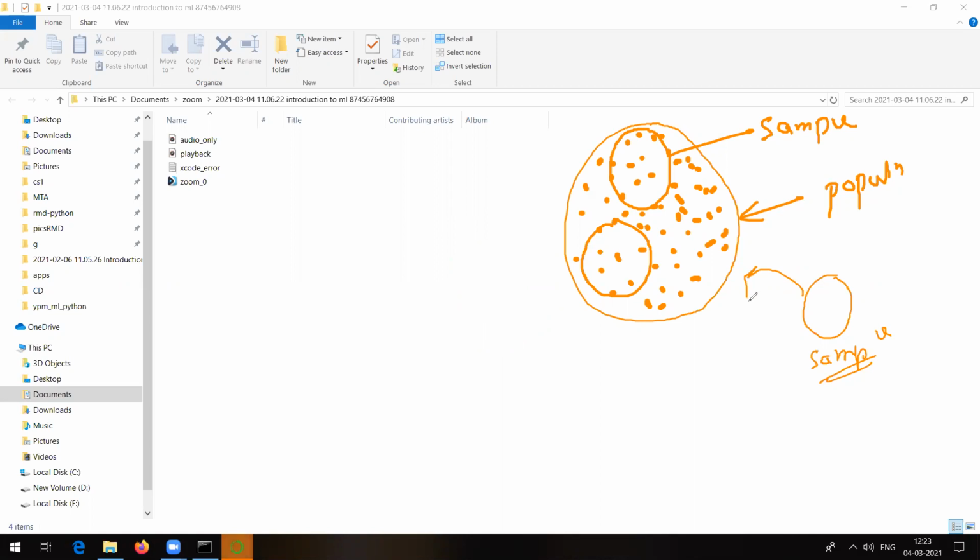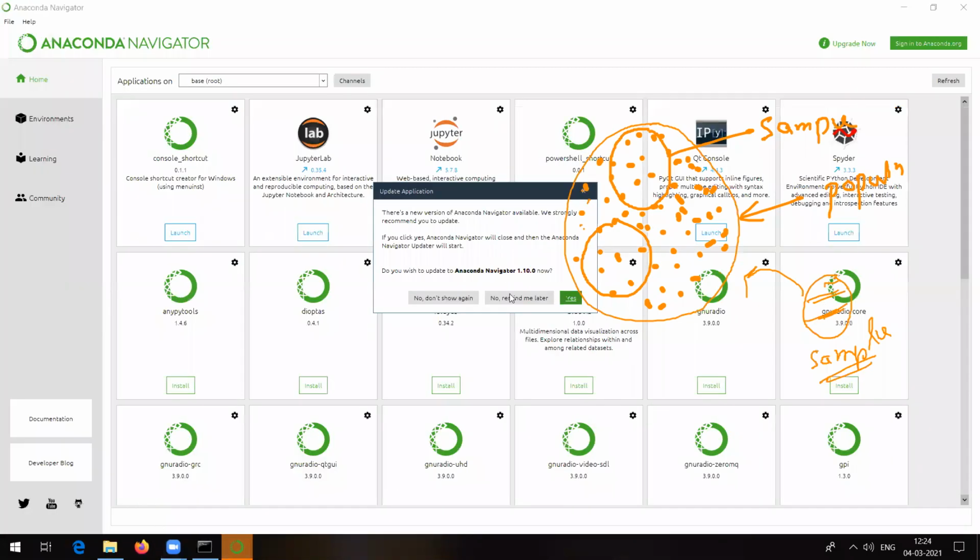Obviously I'm not saying that it is going to be 100% accurate, but definitely it's going to save a lot of time. Instead of working on this much big data, first of all we take a part of the complete data, and then by performing some operations on this small data, we try to talk about the complete data set, right? So that's what is called sampling.